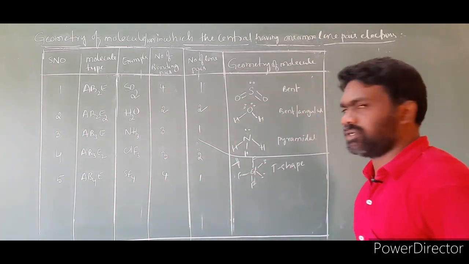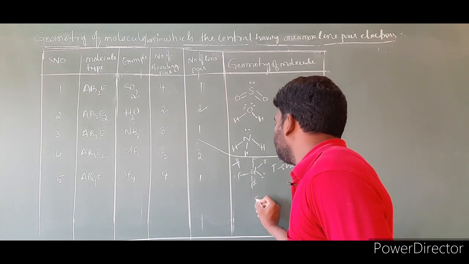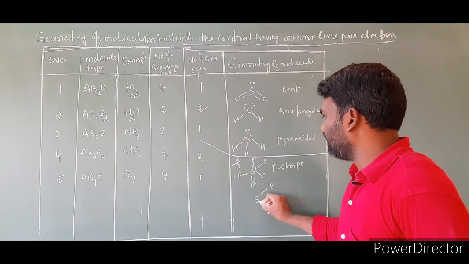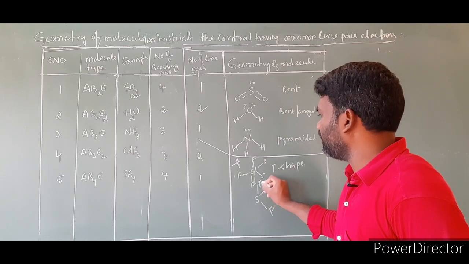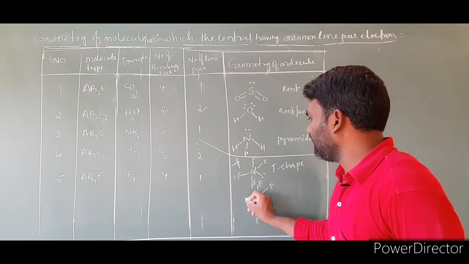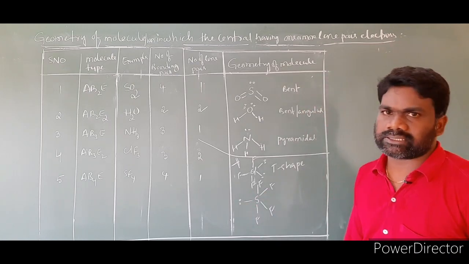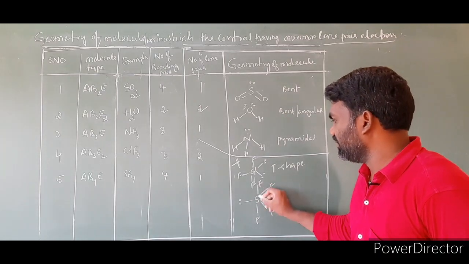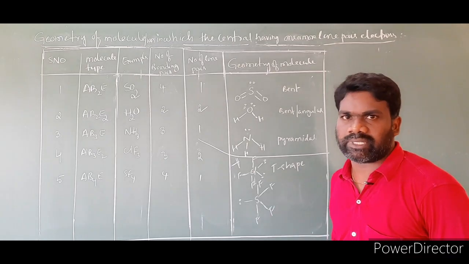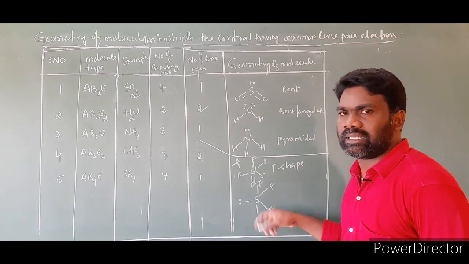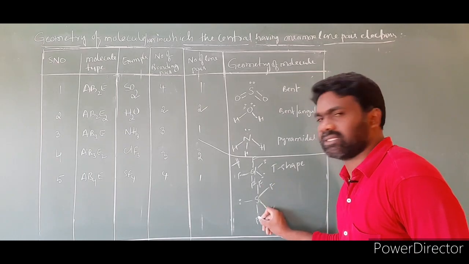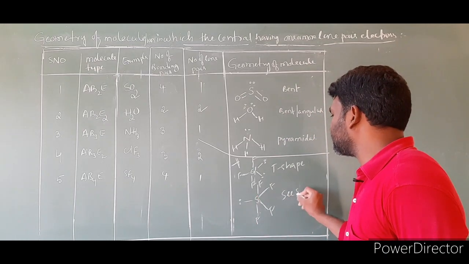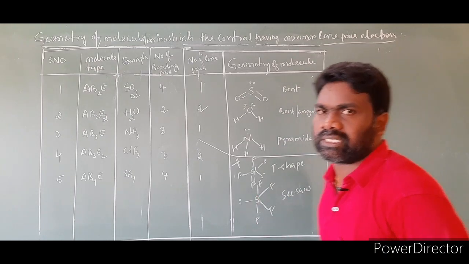So we have to write the structure of this molecule. Sulfur is at the center. This is the sulfur, and 4 bond pairs. This is the first bond, this is the second bond, this is the third bond, and this is the fourth bond, and here is the 1 lone pair. So 4 bond pairs and 1 lone pair. The shape of this molecule looks like a seesaw. In school days we played on a seesaw. The shape of the molecule looks like a seesaw, like this. This is one side, this is another. So 4 bond pairs, 1 lone pair. The shape of this molecule is seesaw.